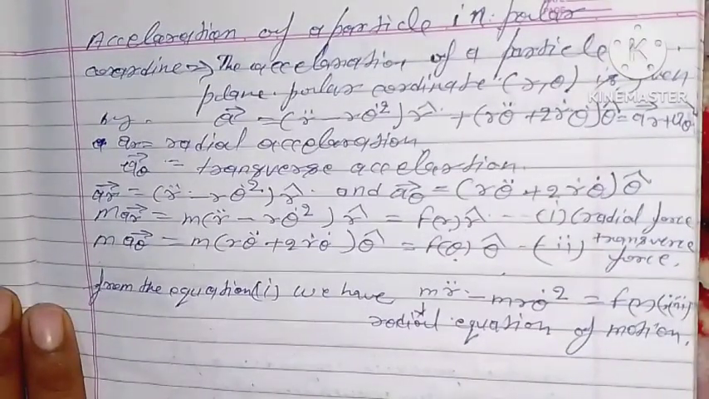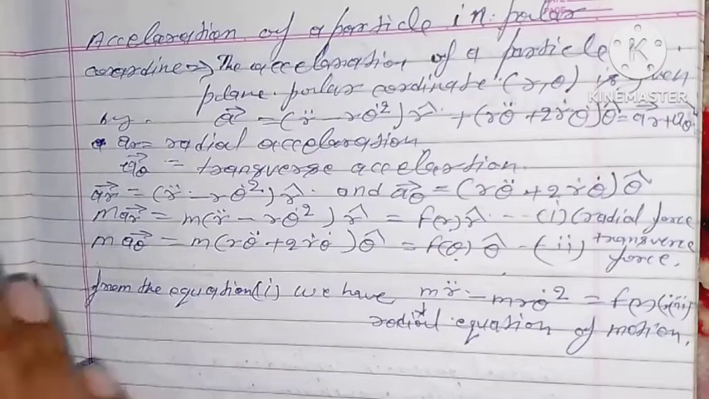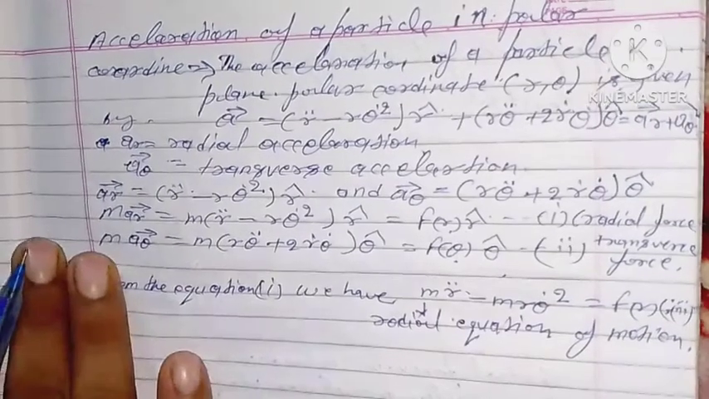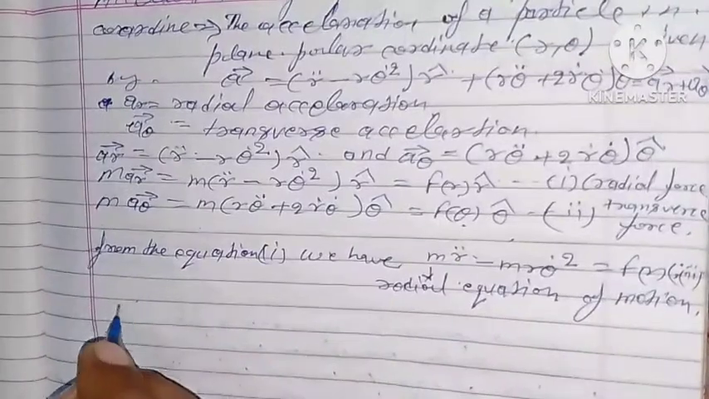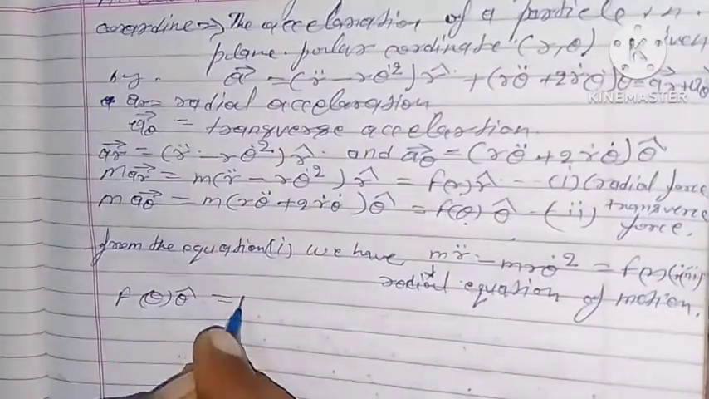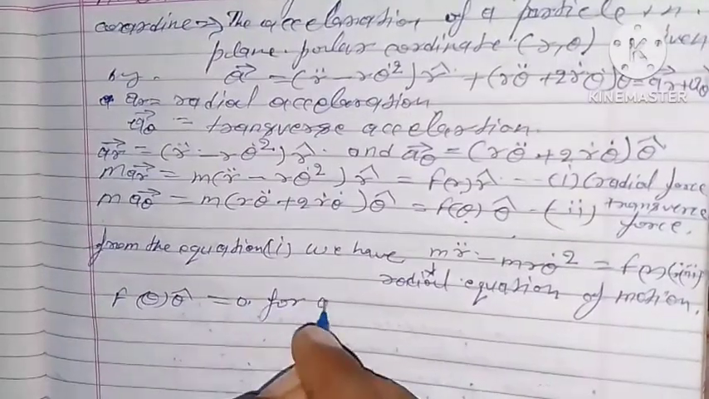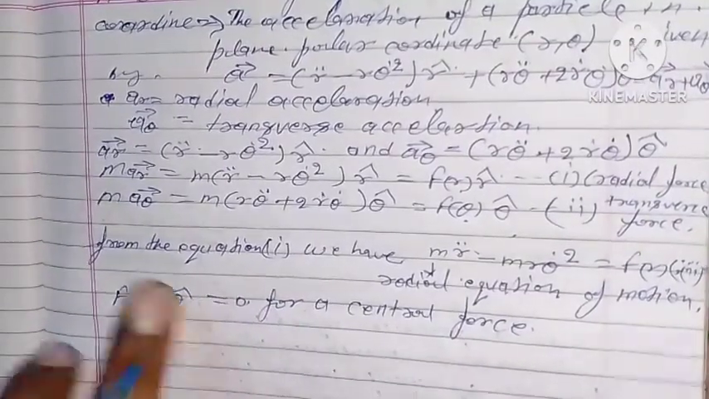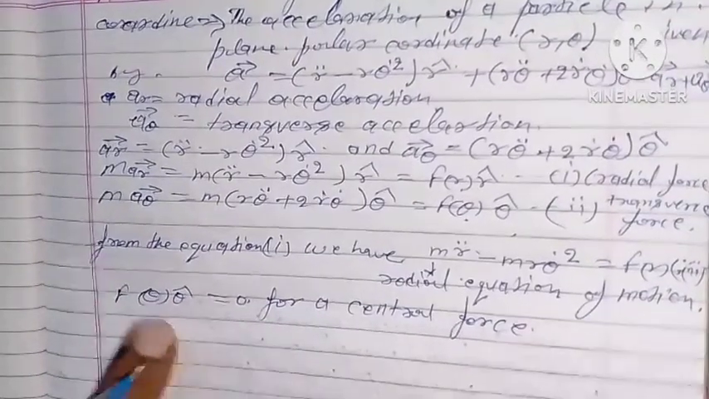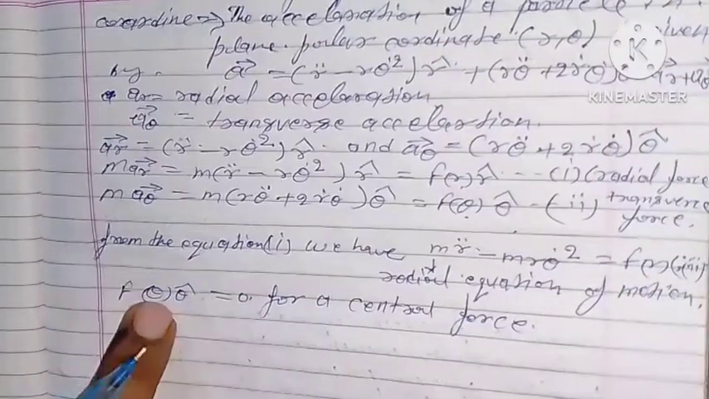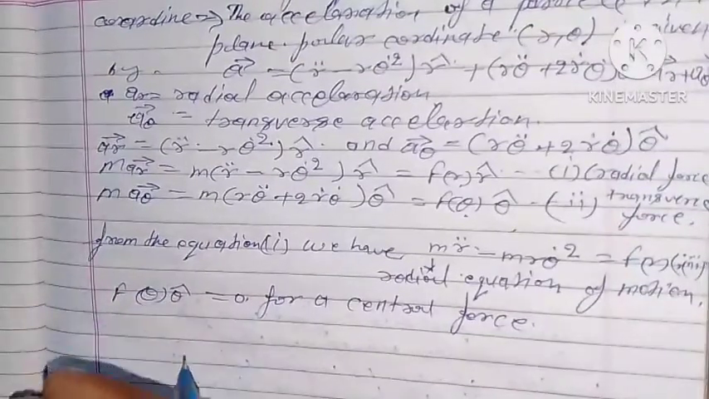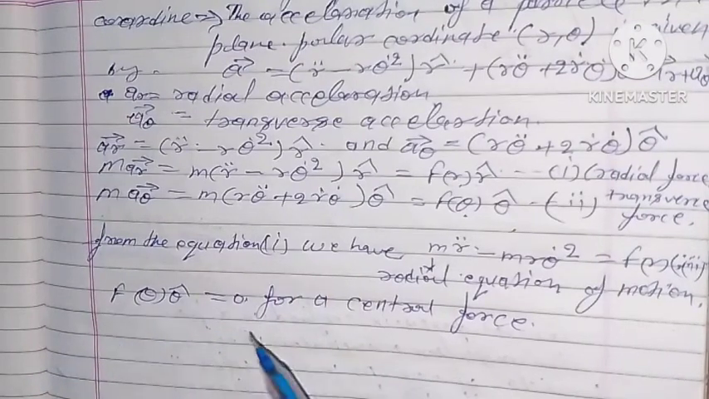In the case of a central force, F theta unit vector theta, which represents the component of force depending upon angle, is 0, as the force only acts along the direction of r and is denoted by Fr unit vector r. To prove that F theta unit vector theta is 0 for a central force: